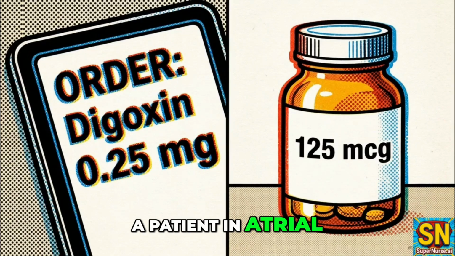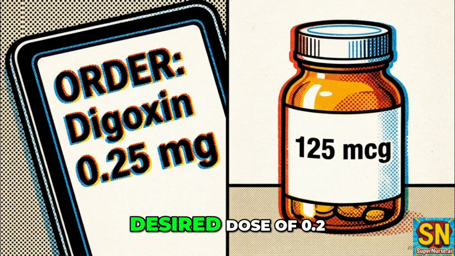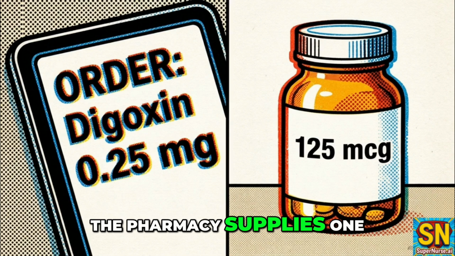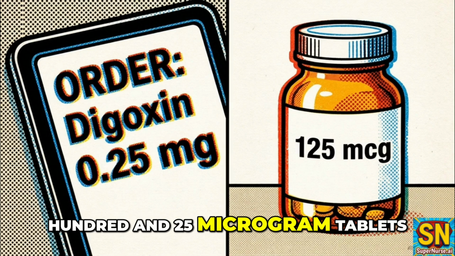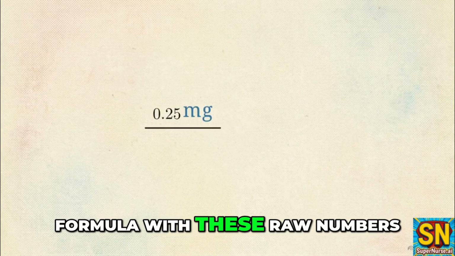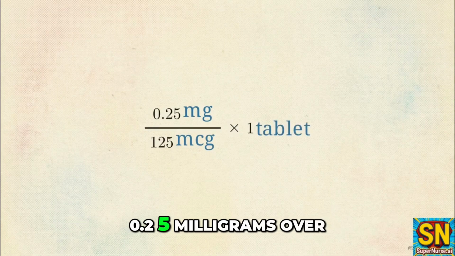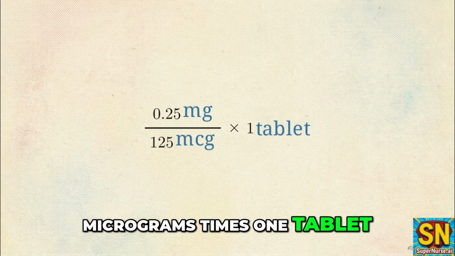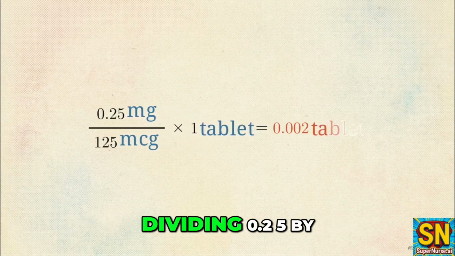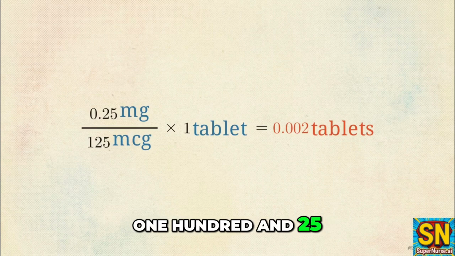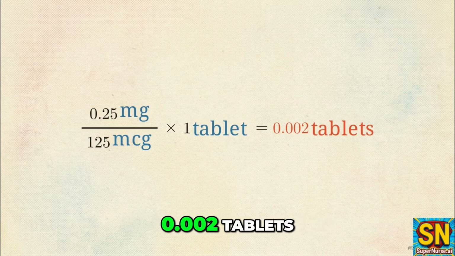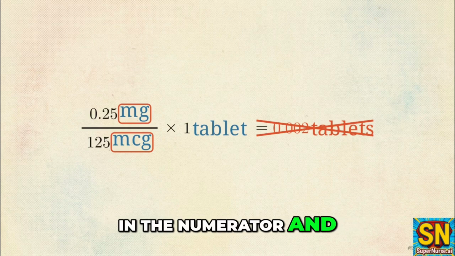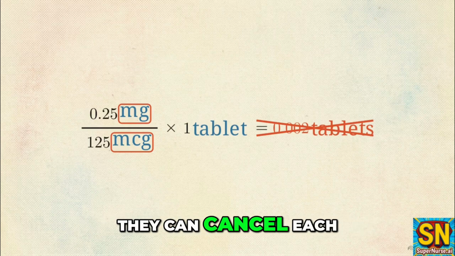A patient in atrial fibrillation is prescribed a desired dose of 0.25 milligrams of digoxin. The pharmacy supplies 125 microgram tablets. If we populate the formula with these raw numbers, 0.25 milligrams over 125 micrograms times 1 tablet, the math stops making sense. Dividing 0.25 by 125 suggests a dose of 0.002 tablets. The units of measurement in the numerator and denominator must match so they can cancel each other out